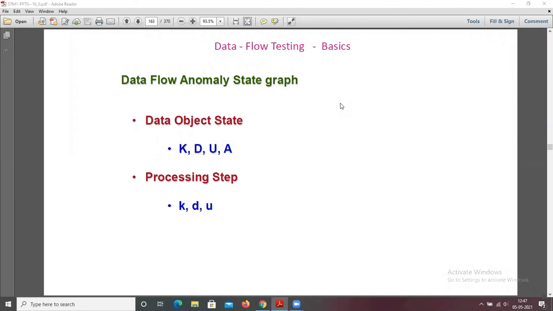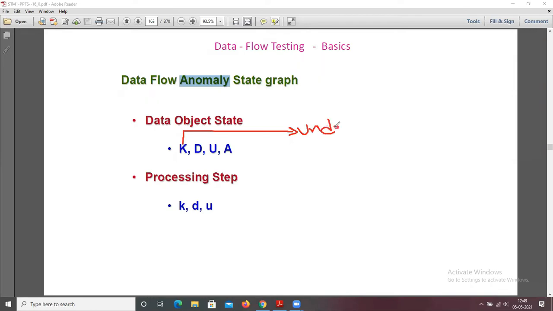Today we are going to discuss the data flow anomaly state graph. Data flow anomaly models prescribe that an object can be in one of four distinct states. One is K. So what is K?